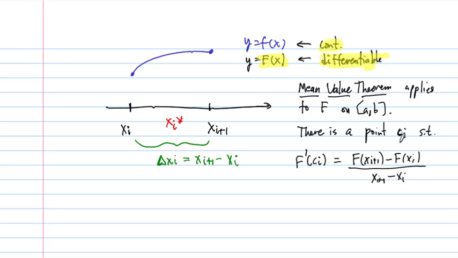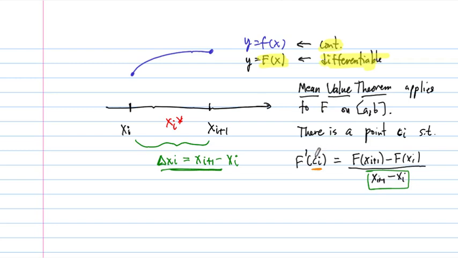Okay, so it says that we can find a point with this property. There might be more than one, but we can find at least one point with this property. Now, if we look at this difference on the bottom, this is just delta xi. Okay? And so rearranging this a little bit,